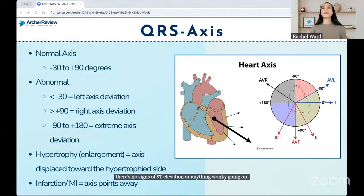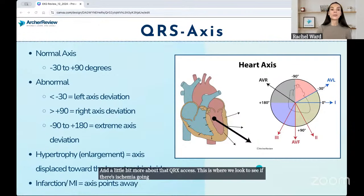And a little bit more about that QRS axis. This is where we look to see if there's ischemia going on. So this is a really nice diagram here that can show us what leads and what axes these go off of. Again,